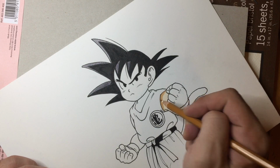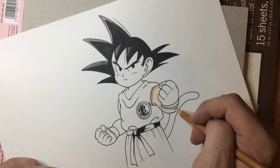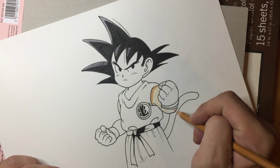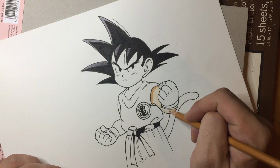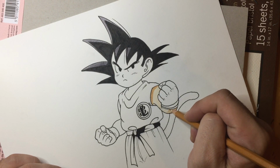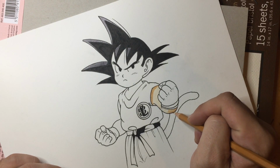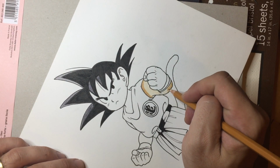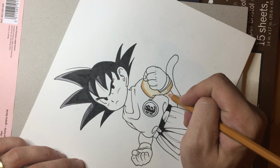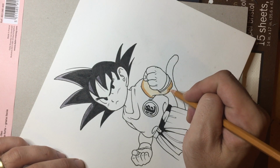Okay, something like this, and here we will go from this as the darkest, and we will try to remain sharp edge here, but you see it blends a little bit awkwardly. So I guess I will not use this paper for colored pencils anymore. Maybe just when I'm using polychromos. Okay, anyway,